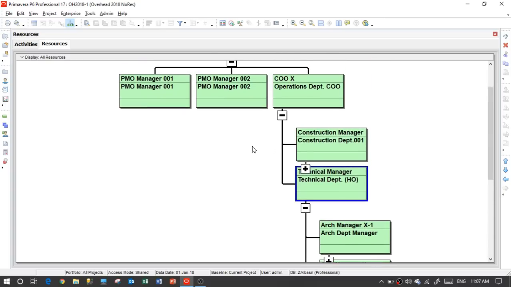Now, just to tell you how we add this: if you notice, this is the position or the role, and this is the name. This CEO might be a name. I'm just putting an indication of the department for your knowledge and understanding. Otherwise, I put a name here, and the position will be at the top. Okay? So if I go to the resources,